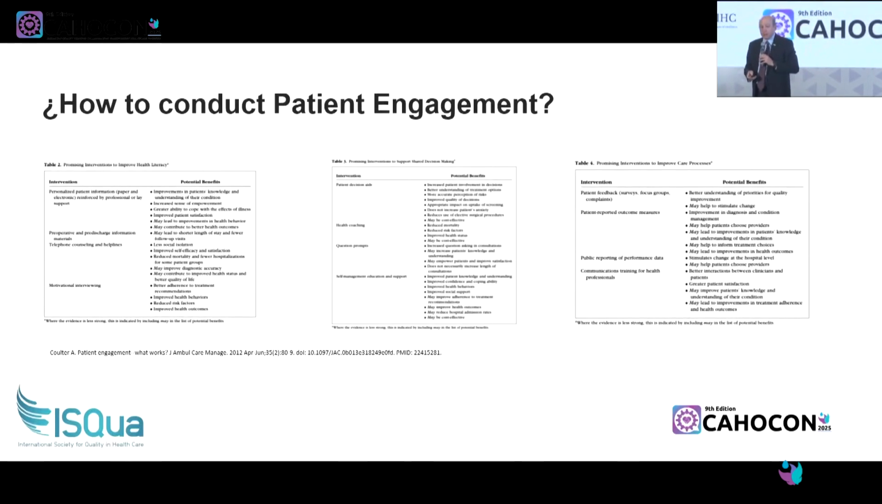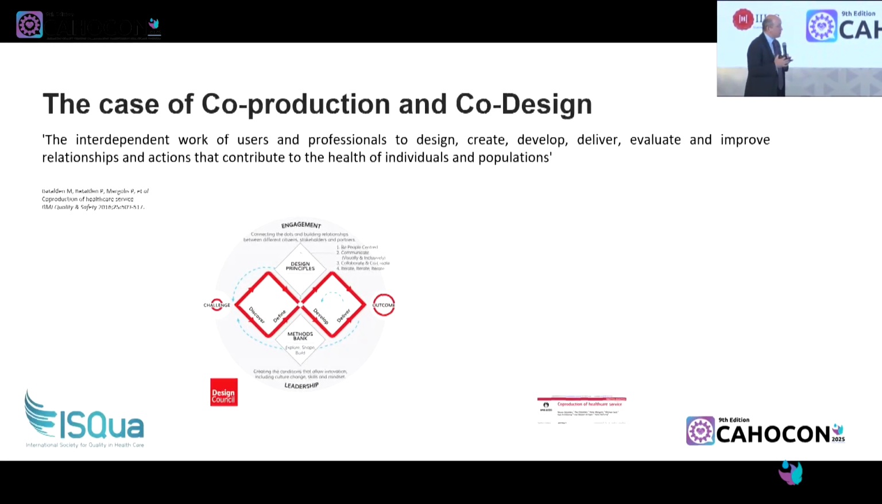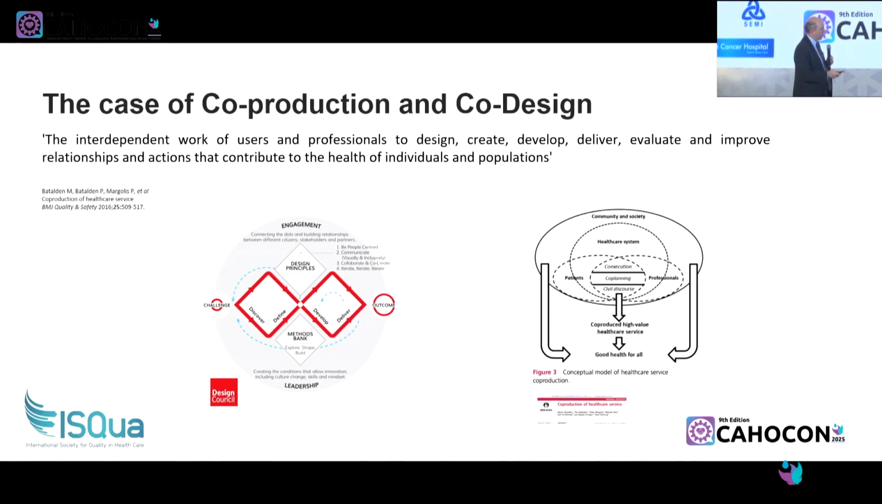But things changed. And how did they change? Because now we talk about co-production and co-design of healthcare. You may have heard about this from Peter Lachman. I don't know if he made it to the room yet. Co-design is a phase where users, before services are deployed, work on understanding and contributing to the process itself. And this came from